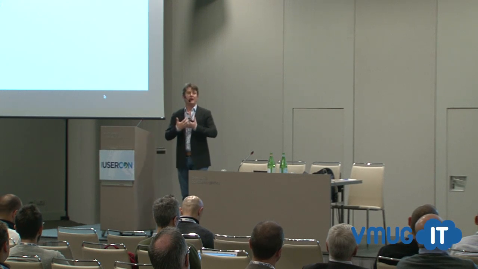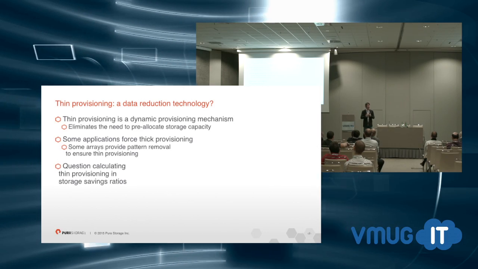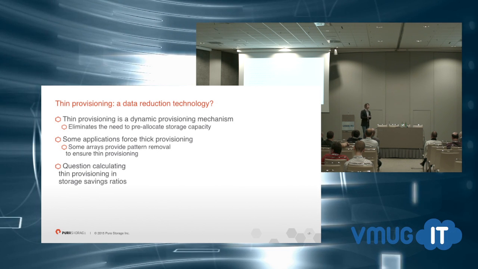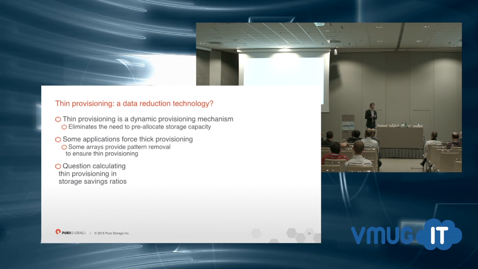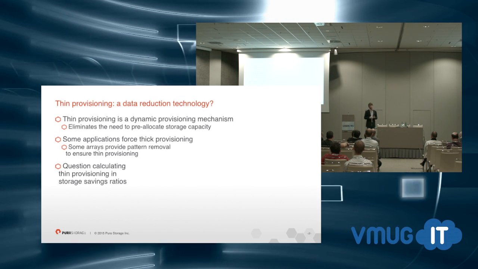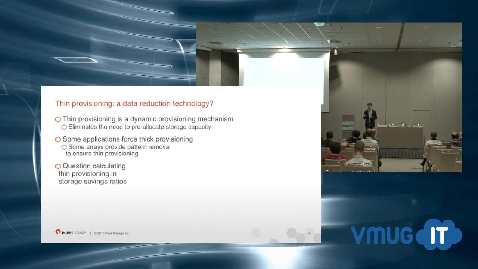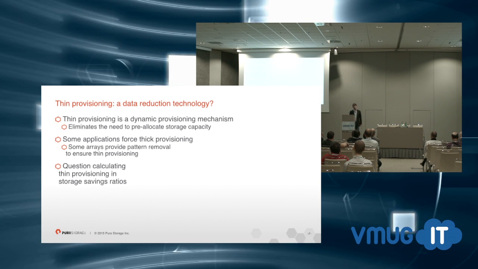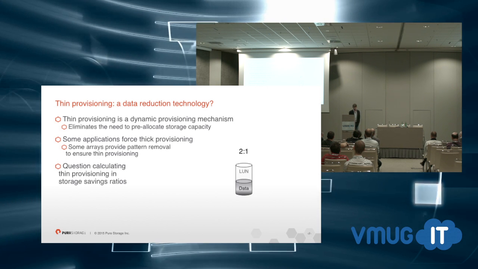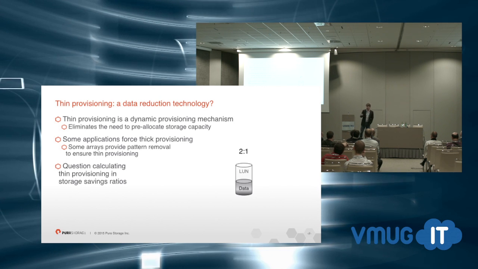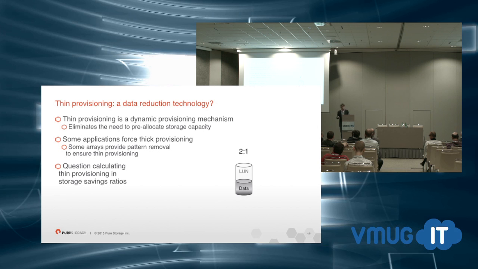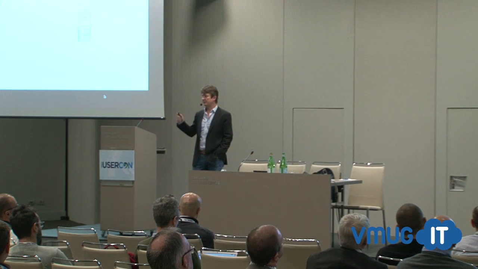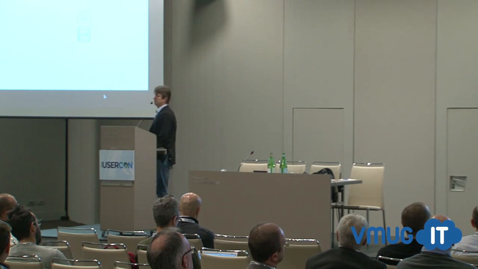Most of you who are running VMware, whether on NFS, VMFS, Fibre Channel, iSCSI, or Fibre Channel over Ethernet, are probably wasting somewhere between 20 and 50% of your storage capacity today with data that's been deleted but yet resides in the virtual machines. Thin provisioning and T10 unmap allow you a way to reclaim that. Okay? So I want to give you a basic example of thin provisioning really quick, and then I want to jump into unmap. So this cylinder is meant to represent a LUN, and a LUN has been thin provisioned and it's half full, so it gives you 2 to 1 data reduction.